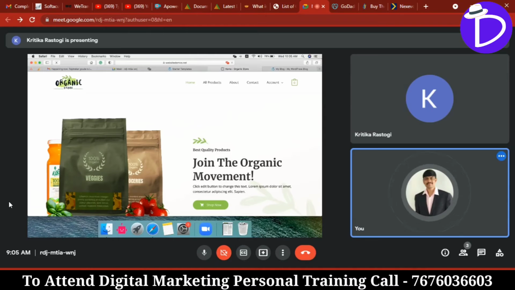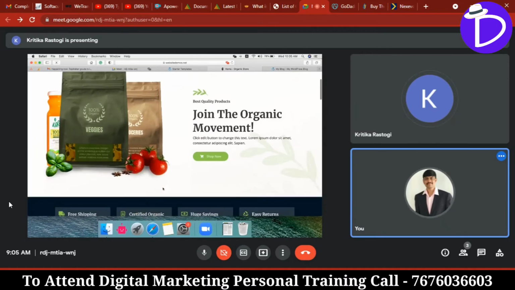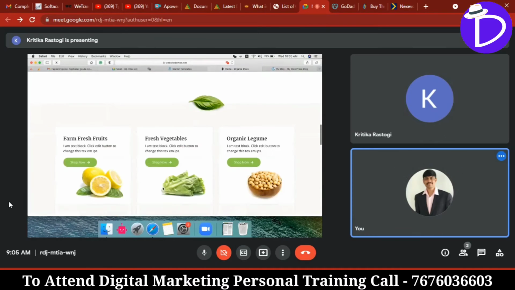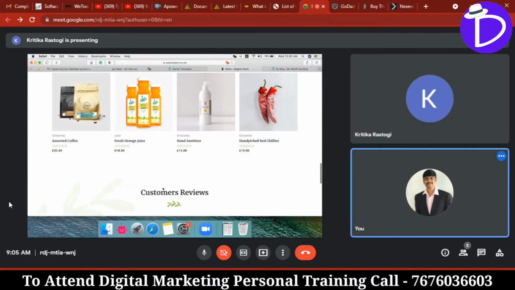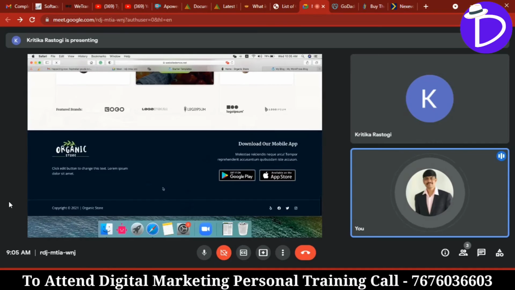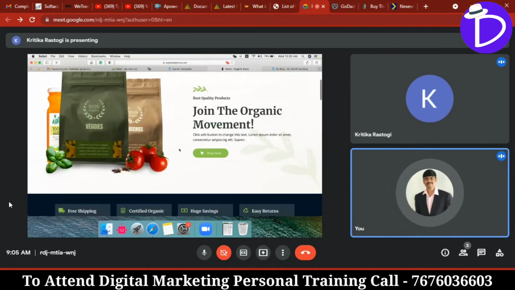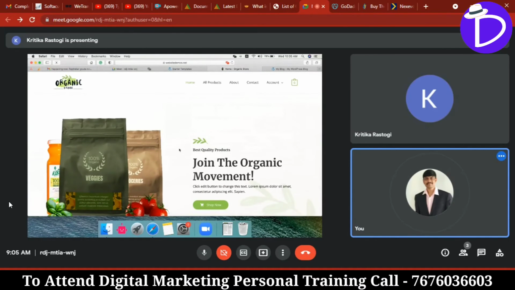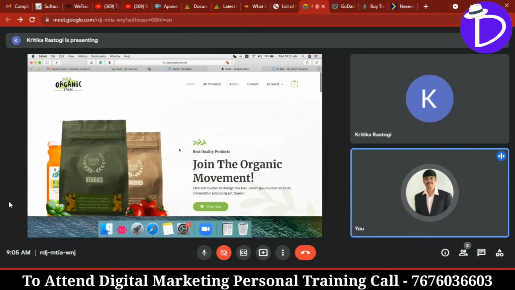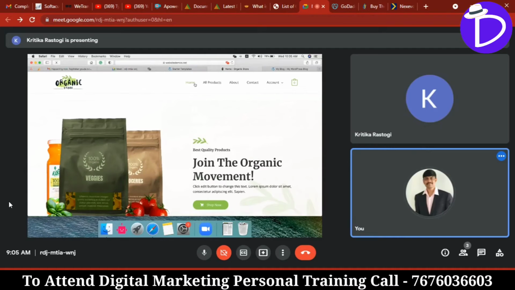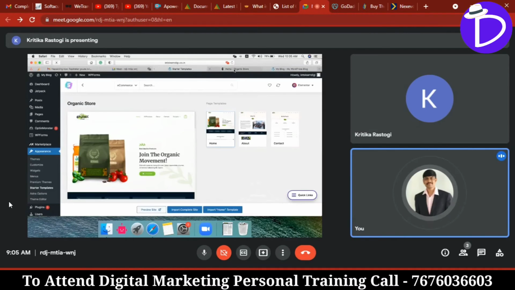See, this is how it looks if you install this template. You can scroll down and check it. Don't worry, we can customize everything. All these photos, if you don't want, we can remove them. The logo we can remove, text we can remove. We can build as per our requirement. Now if you like this one, we can install this. At the bottom, click on the import complete site.